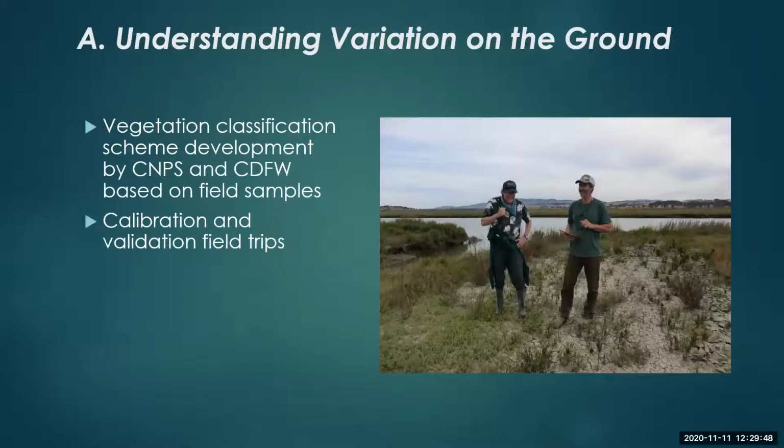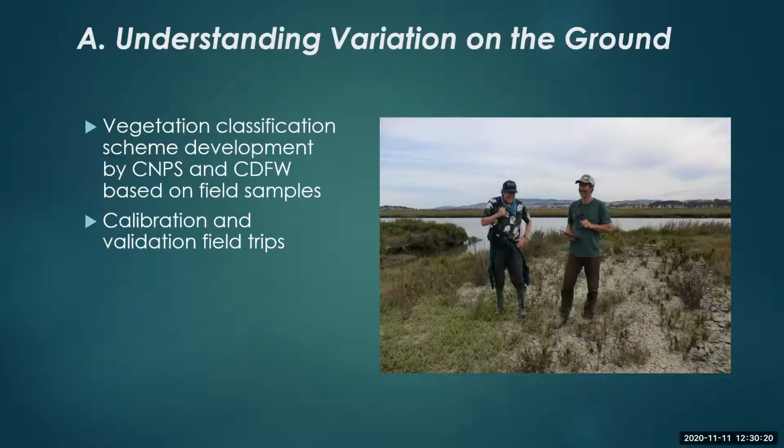So the first one, understanding variation on the ground. Even though we do a lot of automation, we still go to the ground. And actually, it's the best part of any mapping project. Besides my husband, these are some of my favorite people. This is Mark Tuckman, of Tuckman Geospatial. They actually make the maps. Mark and I have worked together for 25 years now. And his company's been doing all the technology innovation. And then this is Mike Vasey, who's the king of wetlands in the San Francisco Bay Area.